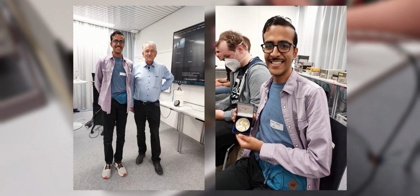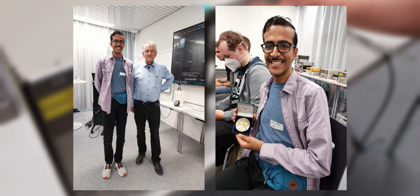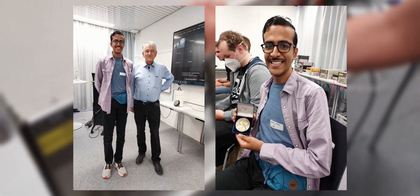The highlight of the day for me was being able to meet a Nobel Prize winner and get a picture with his medal. Makes me wonder,